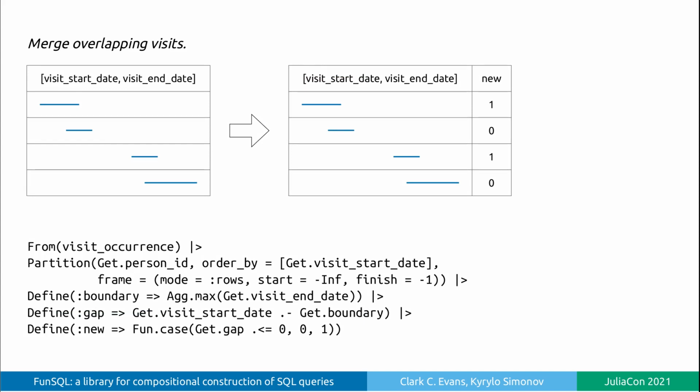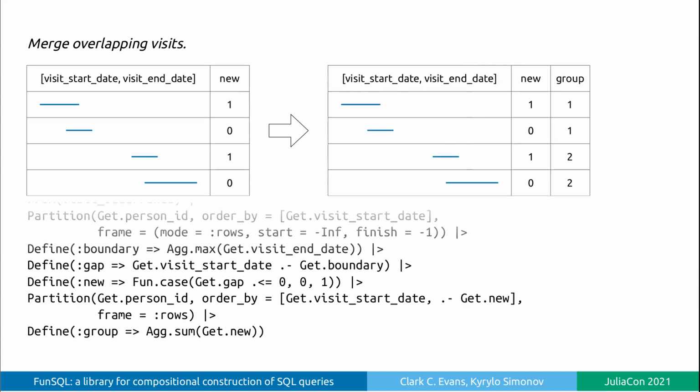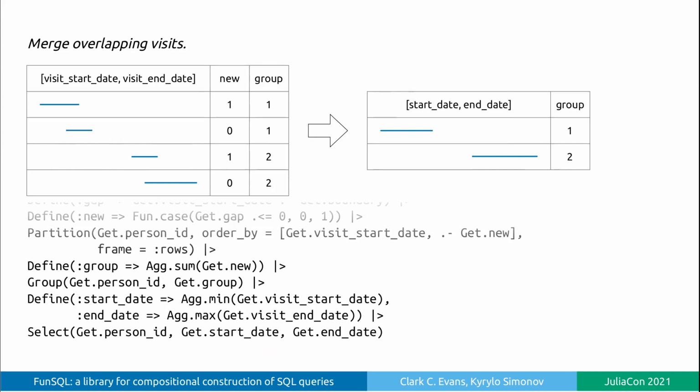First, we will take the intervals that start a new period. These are the intervals for which the distance to the previous period is positive. Once the starting intervals are designated, we can determine all the other intervals that belong to the same overlapping period. This can be done by calculating the cumulative sum, which transforms an indicator to a staircase function. Once we have a value which unambiguously identifies intervals that belong to the same period, we can finally merge them by applying group by. The boundaries of the period could be calculated using the min and max aggregates.